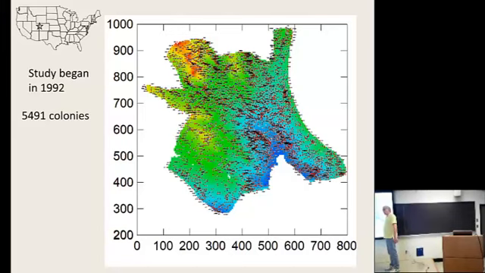At any one time, there are something on the order of 1,000 to 1,500 colonies, about 1,200 colonies alive at any one time. Through last summer, we had information on something like 5,500 colonies. So that means that something like 4,000 colonies have died, and 4,000 colonies have been added to the population. So it maintains a very overall standing crop of colonies in this population. So that's our data. That's what our data set is made up of.